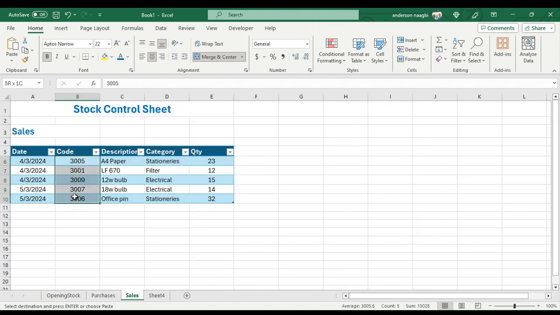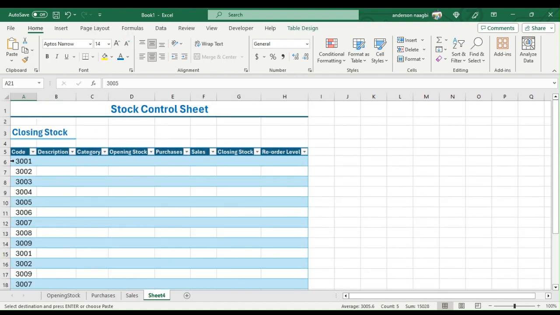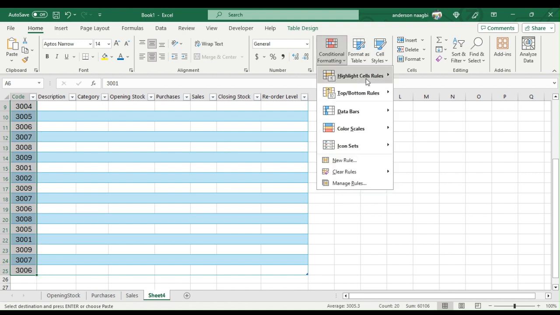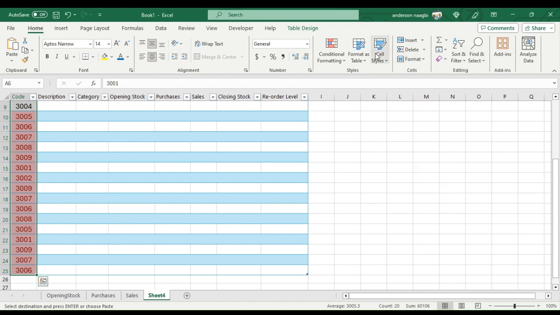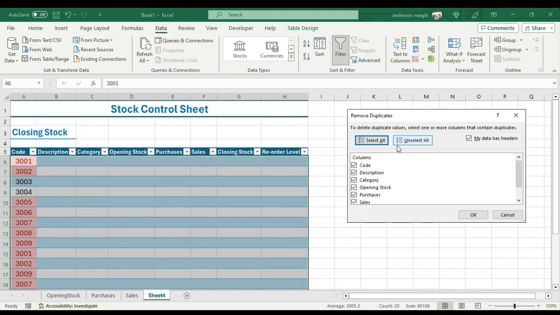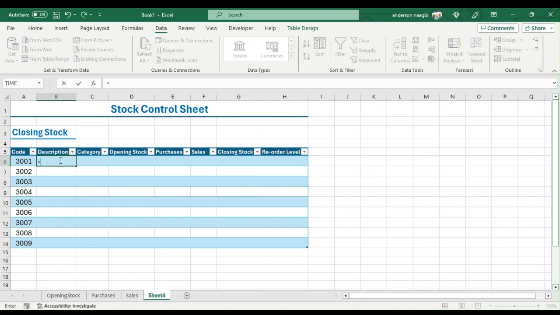Go to sales, pick from sales. Okay, now we highlight all of them because we are going to remove the duplicate. So we go here and highlight the duplicate, go to here, remove the duplicate. Okay, now let's say if error